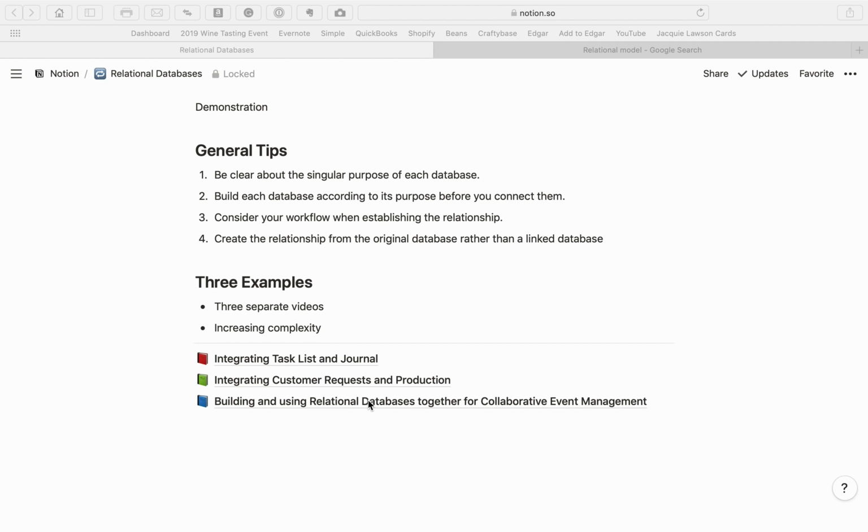So what you're going to see in the upcoming videos is a demonstration of relational databases that increases in complexity. This one is just a relationship between 2 databases. The next one is going to be a relationship between 3 databases. And then the third one is one that I'm somewhat still in the process of creating, and this one is particularly important to me because this is the first time I'm collaborating with other people, and so I'm trying to make sure that these relational databases are functioning well, and that they're as simple and